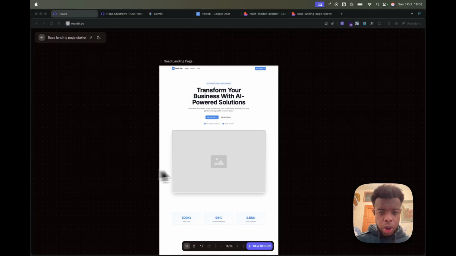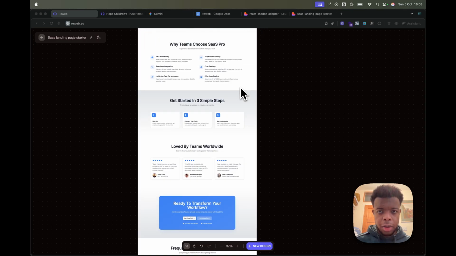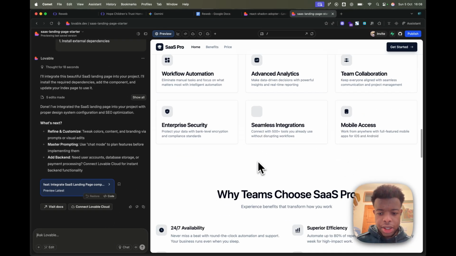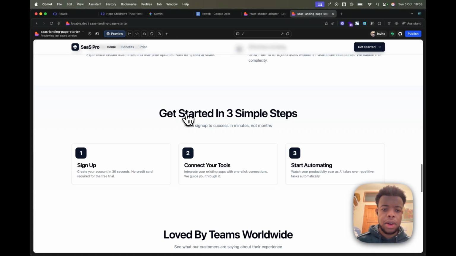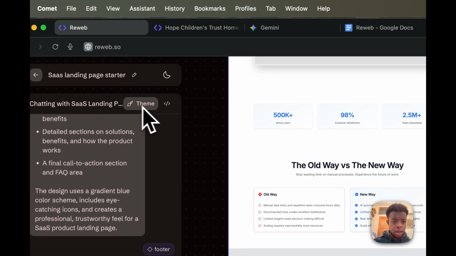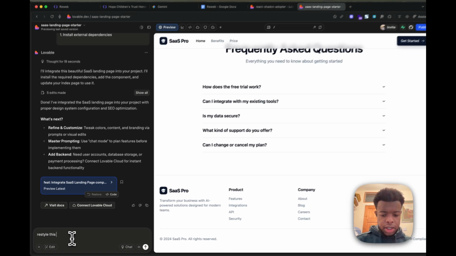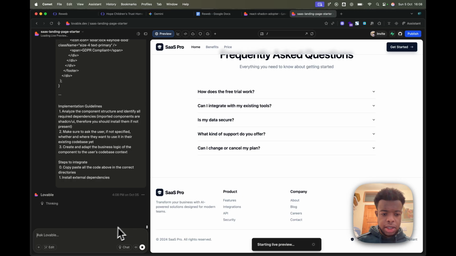While we're waiting for Lovable, this is something I designed earlier, just a simple SaaS landing page, and what I did, I copied the code, I went into Lovable and I pasted it. I didn't paste the CSS, so that's why it looks like it has generic styling, but you can see it's very clean and exactly the same layout and structure as the Reweb design. And I can just simply go into code, go to CSS, copy CSS and say to Lovable, restyle this site using the below CSS, and then just paste that in there